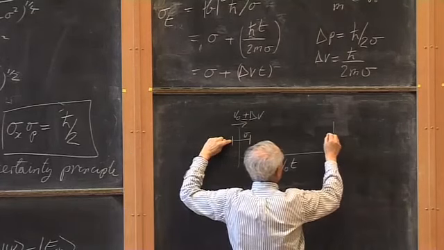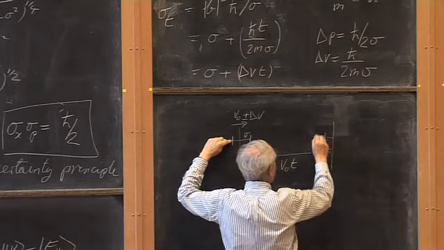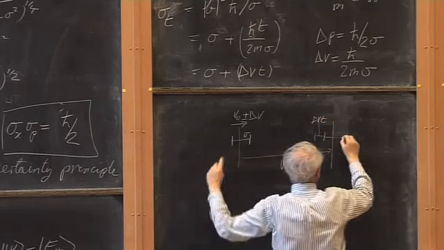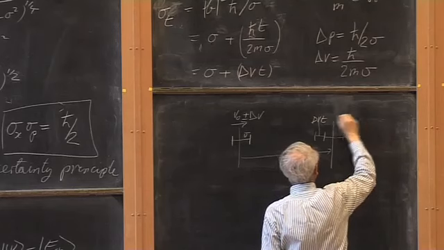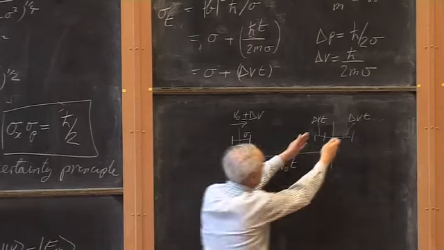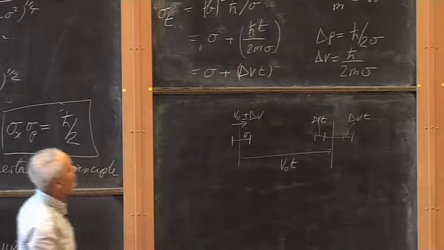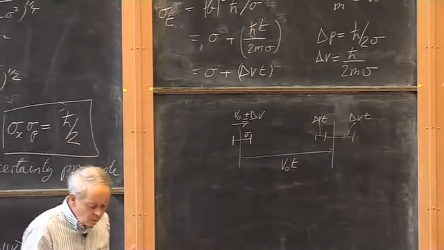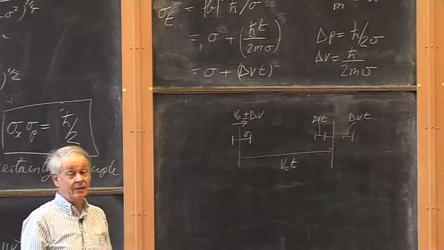Some of them will already have been sigma behind, but then they've slipped behind extra by an amount delta v times t, and some of the ones which were in front have got even more in front because they had bigger velocities by delta v. So the total width is equal to the original width plus this extra width. And I think probably we should be taking some squares and square rooting. But you see that what we're getting from this calculation makes perfectly good sense physically.